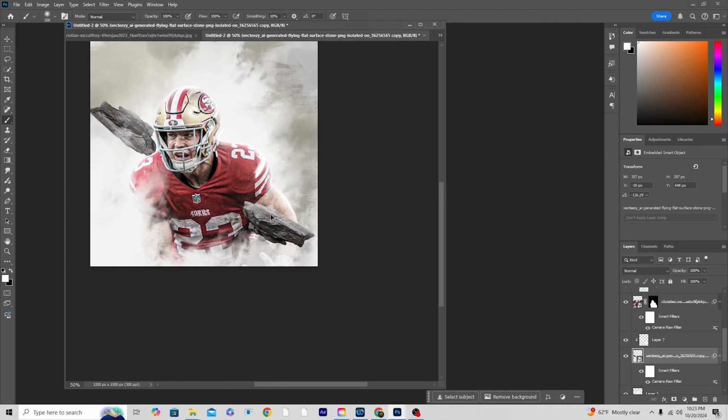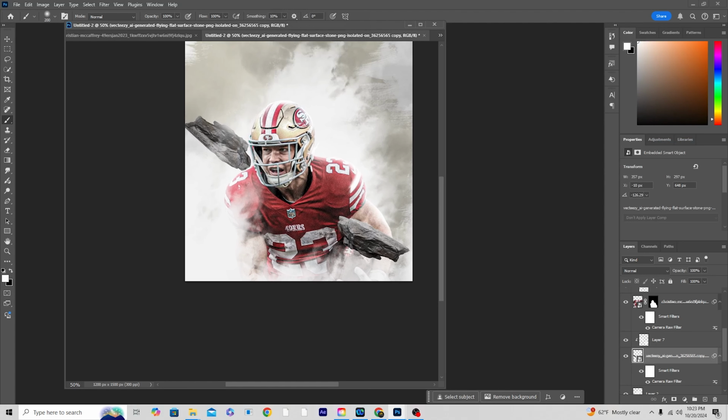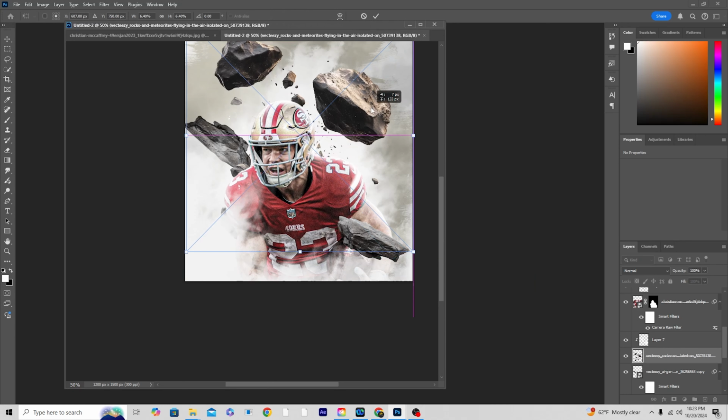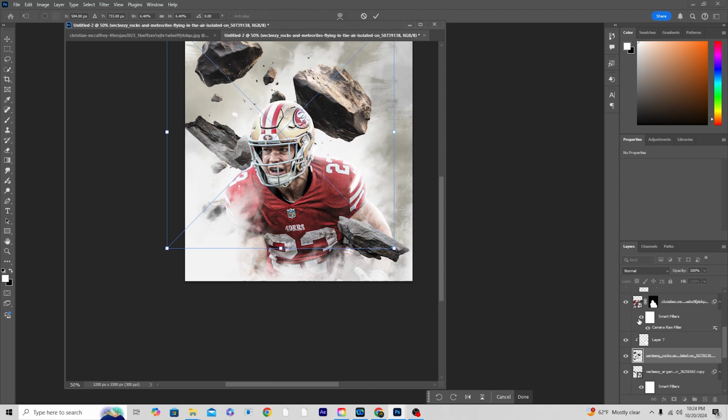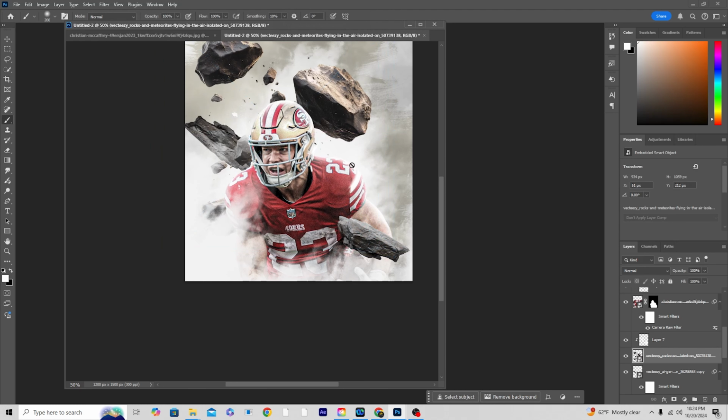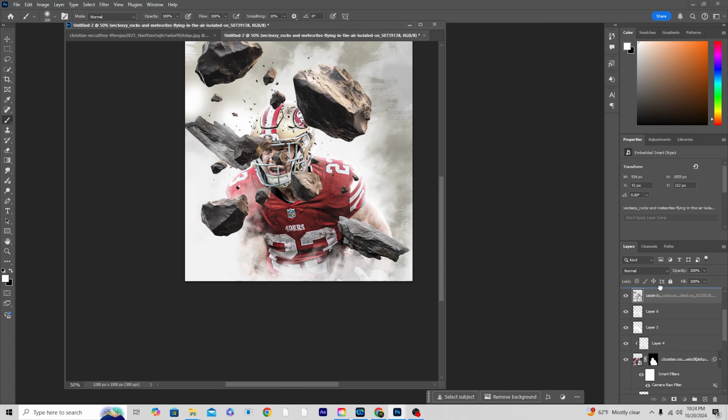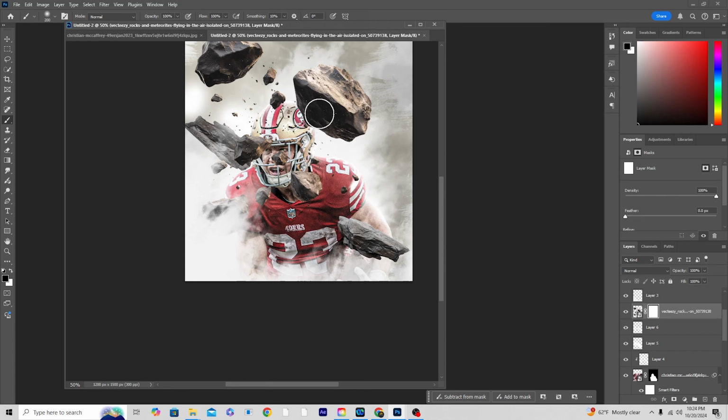So this is what we got, and let's add one more PNG on very top. And for this one, let's keep it all the way to the top for now, maybe just right around here. And let's create a layer mask, go to brush and let's